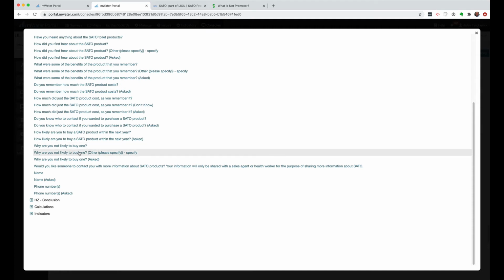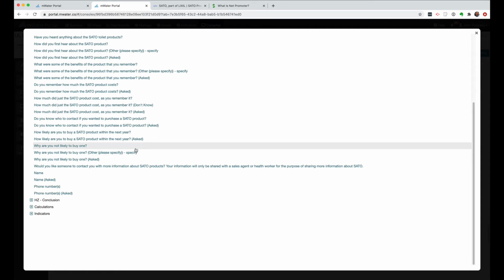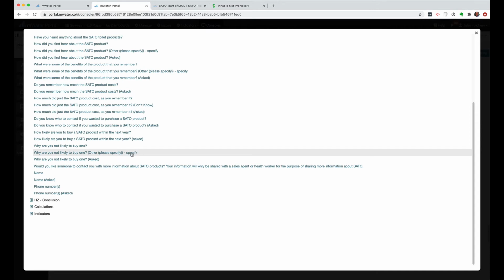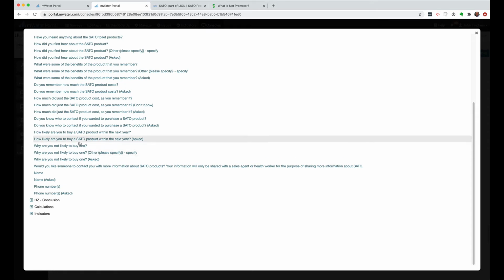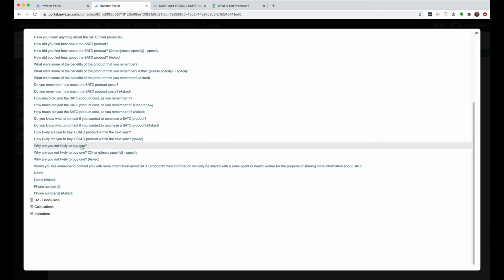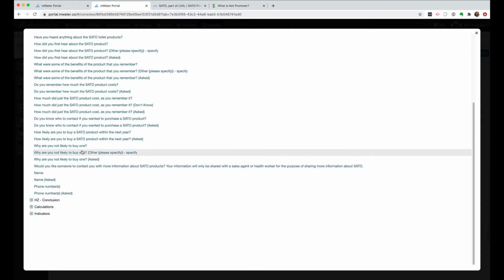We also have another field called other please specify. Specify, it's a little redundant. We add that on the end. So this is where we've stored all those text answers. So it's like another column. If you were to export this data, you'd have one column with that list of reasons, and then you'd have another one with the other choice that was given. So if I click on that,